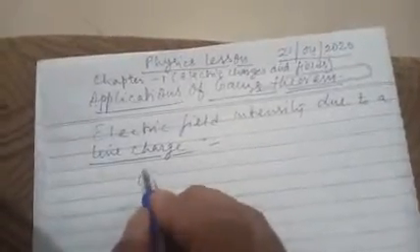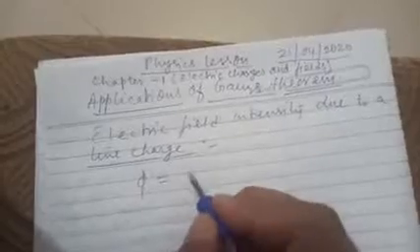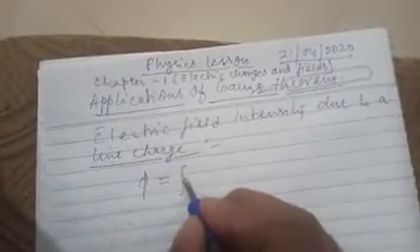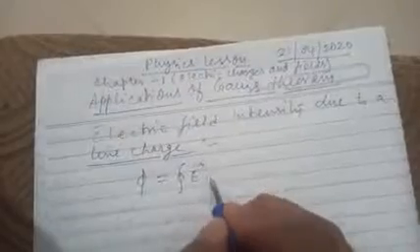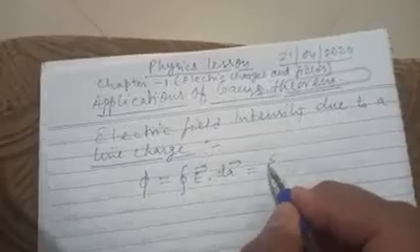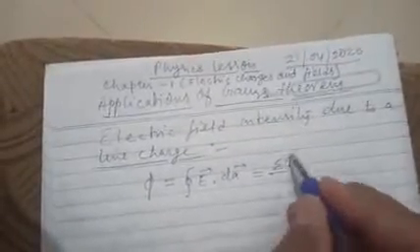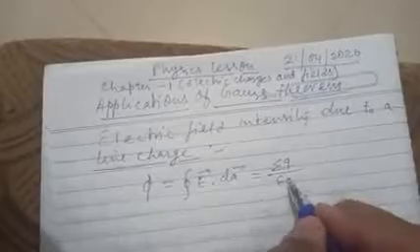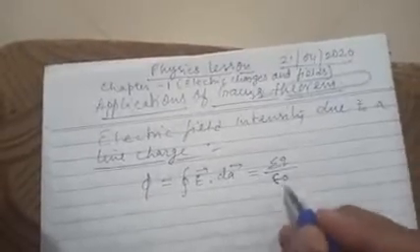We know that Gauss provides a method to determine electric field by drawing an imaginary Gaussian surface, and the flux passing through a Gaussian surface is represented by phi, and it is also represented by integral E dot dA. This flux is equal to the ratio of the algebraic sum of the charges enclosed in the Gaussian surface and epsilon 0. So by using this mathematical form we can calculate electric field.